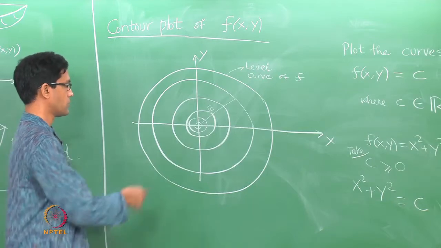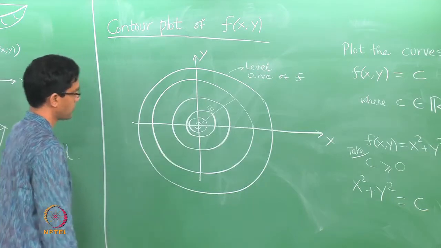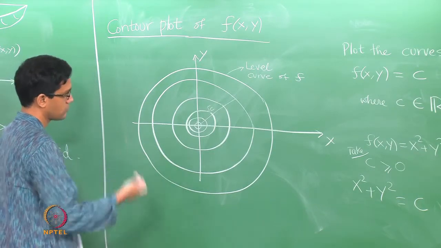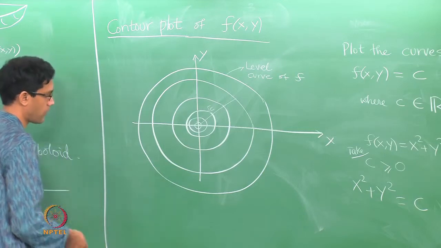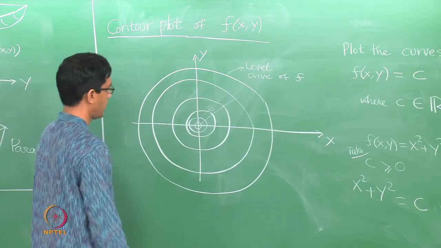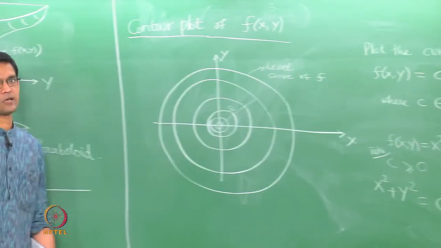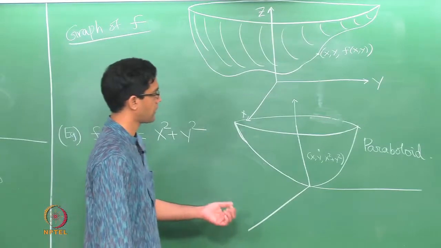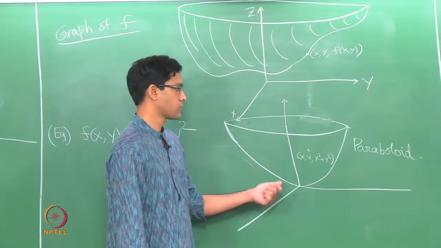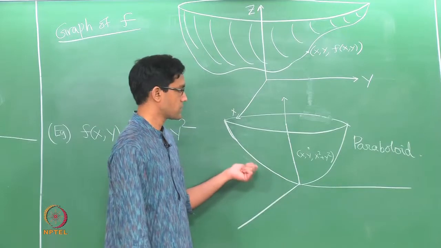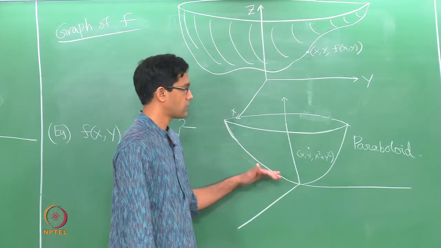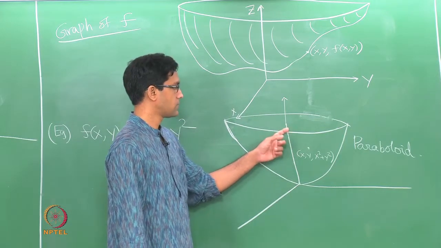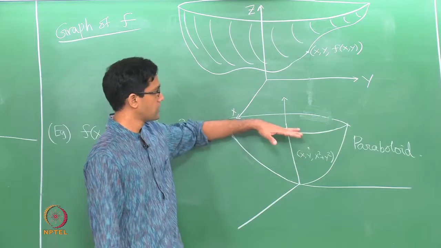So, this is again an extremely useful piece of information, drawing the contour plot in general. There is more that one can actually deduce from the contour plot, but I will not get into that right now. So, there are in essence two different ways of understanding what the function looks like in a graphical fashion. One, you draw the actual 3-dimensional graph, that is somewhat hard to draw in general and also hard to visualize. In this case it is easy, but an alternative would be to draw the sections,